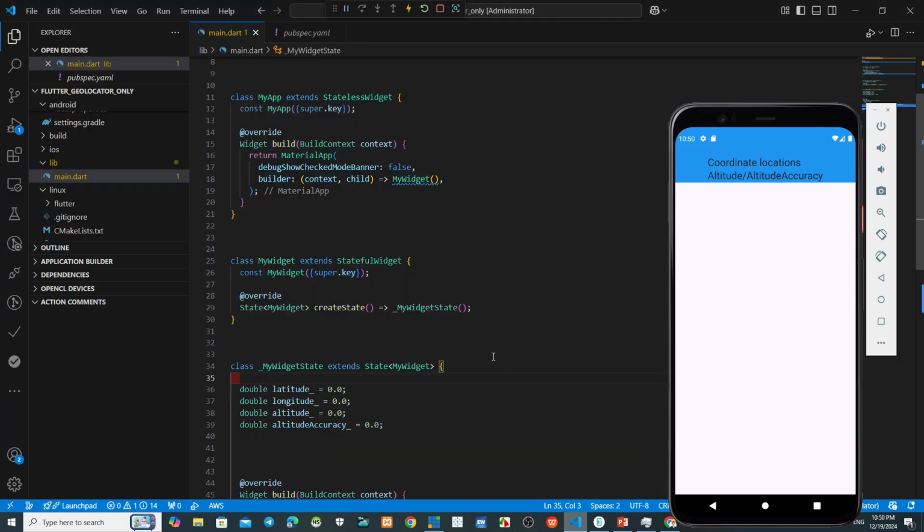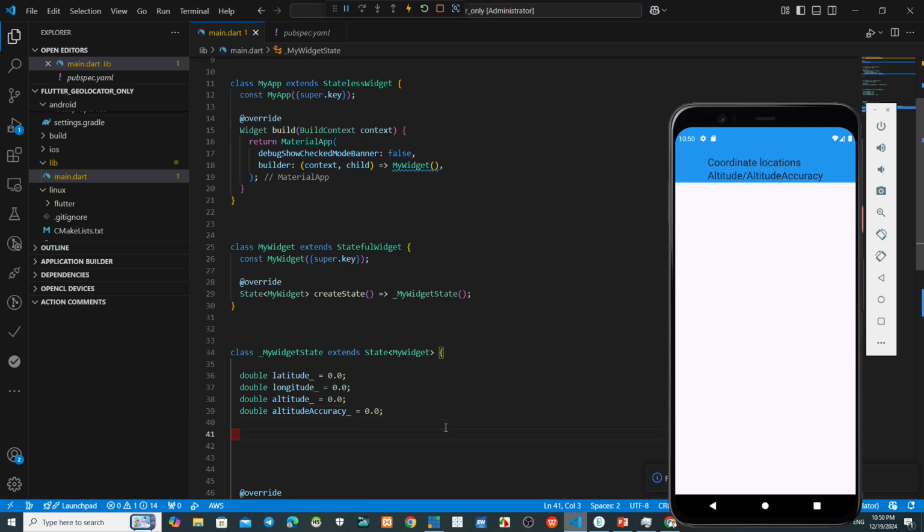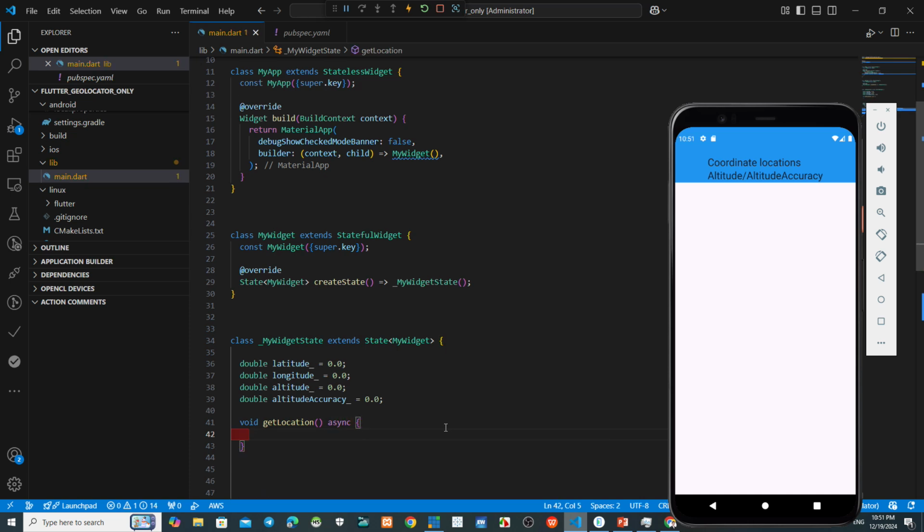Okay, after that we make a function to get the location. Okay, for it we make the function name, get location. This is only a name, yeah, get location.